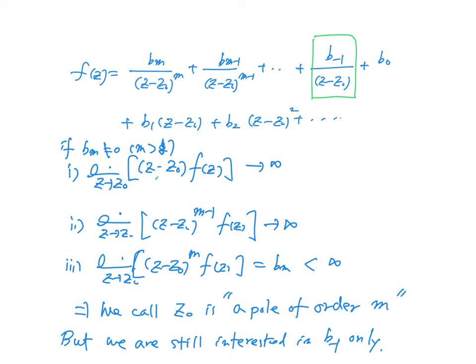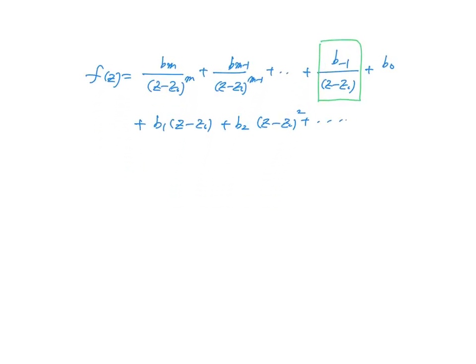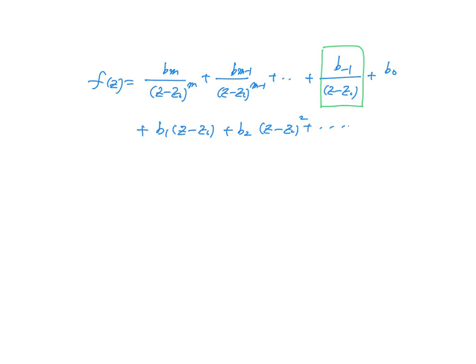So we found out that this singularity has order m. It's called a pole of order m. But we are only interested in B minus 1. So